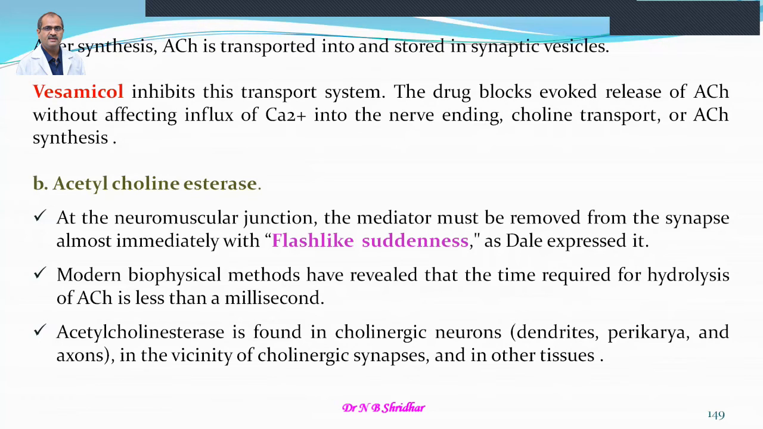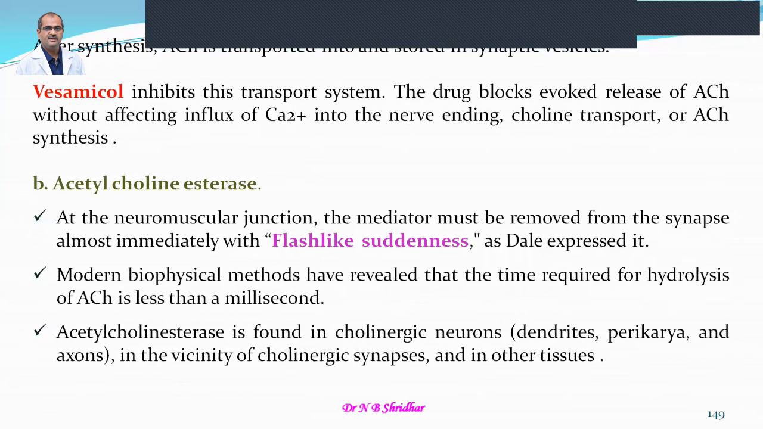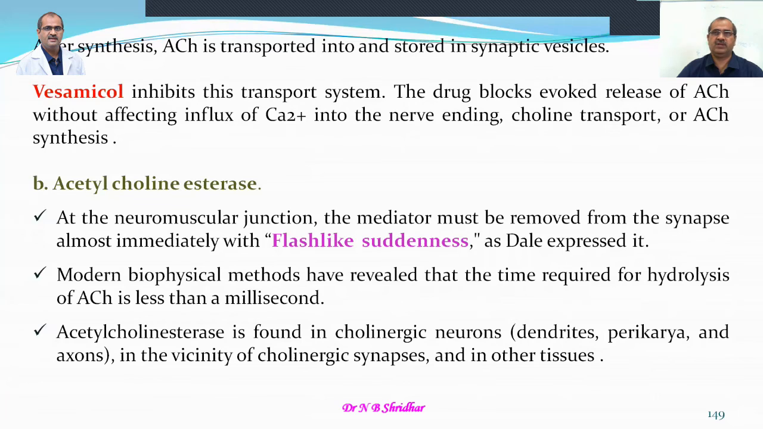postsynaptic activity. At the neuromuscular junction, the mediator must be removed from the synapse almost immediately, with flash-like suddenness. Just like a camera flash, within a fraction of a second, the action of acetylcholine needs to be terminated. That's called flash-like suddenness, especially in the cholinergic system. The removal of the neurotransmitter is flash-like, with the help of